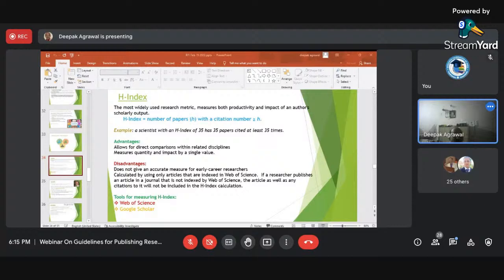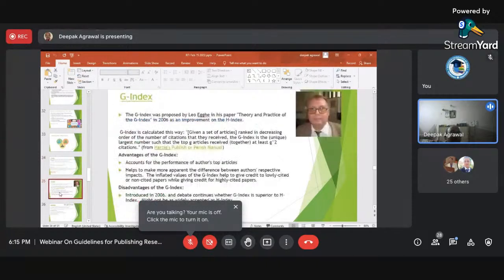It is a source index in Web of Science. So sometimes it may not be so lucrative or suitable for a normal publisher, for the scholar, to get the index from it. But don't worry. When you go for university-based recruitment, they will ask you about the H index. So try to locate your H index, and this can be easily calculated with the help of Web of Science and Google Scholar. So H index is one of the ways.